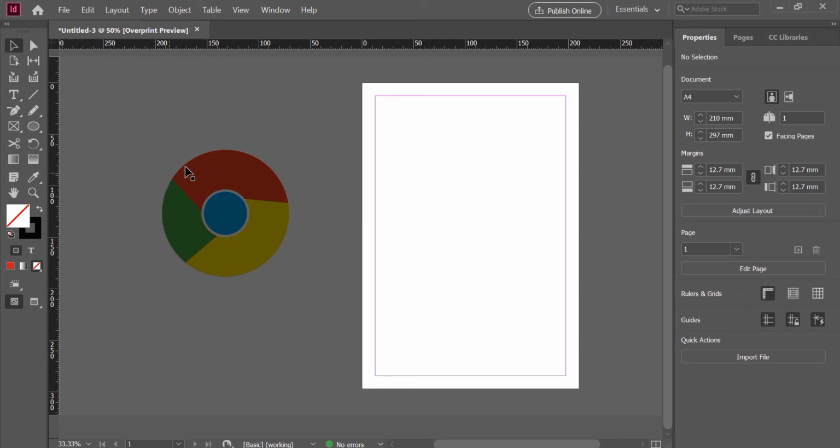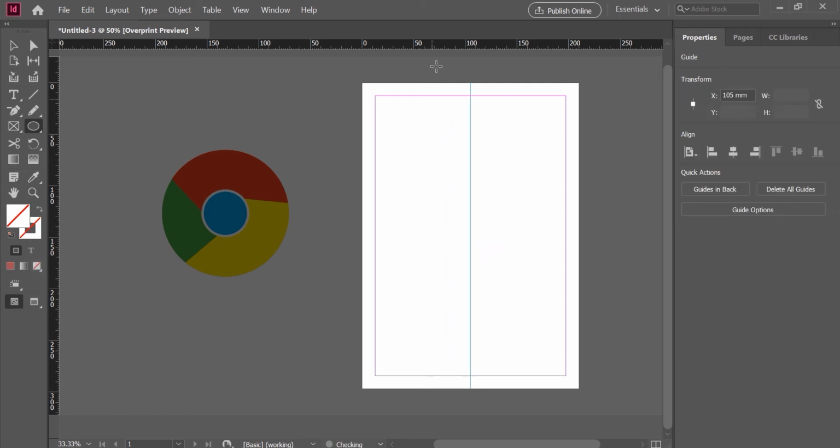If we observe carefully in this logo, you can see some circles. The inside blue circle, and just next to that we have a white circle and several other circles, that is red, yellow and green. So for that we'll need the help of some guidelines. So I'll make a guideline here and fix it to the center. Even from here vertically also fix it to the center.